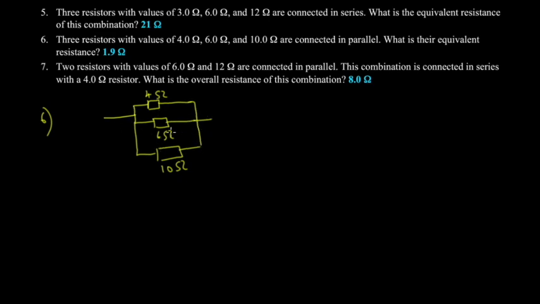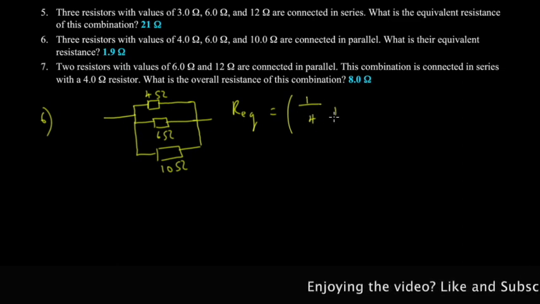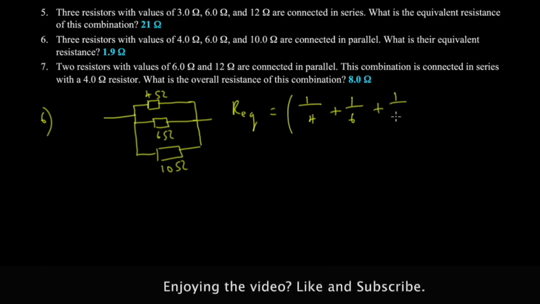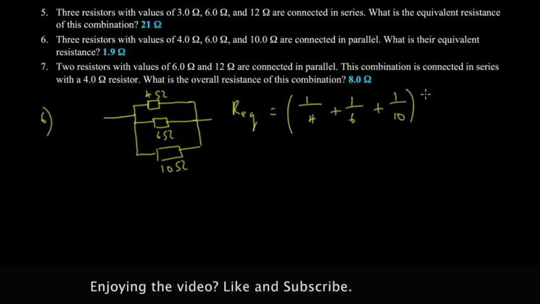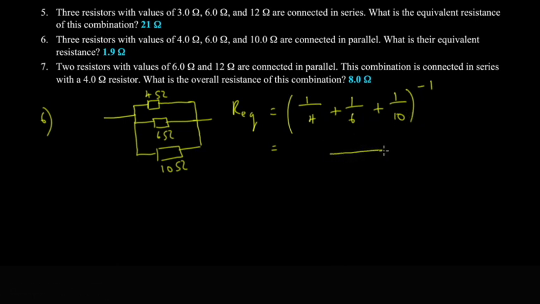These are in parallel, and if they're in parallel and there are more than 2 of them, put your big bracket, say 1 over the first one, plus 1 over the second one, plus 1 over the third one, like this to the power -1. Here you can actually just calculate 1/4 plus 1/6 plus, or if you want to get the exact answer, you can put the